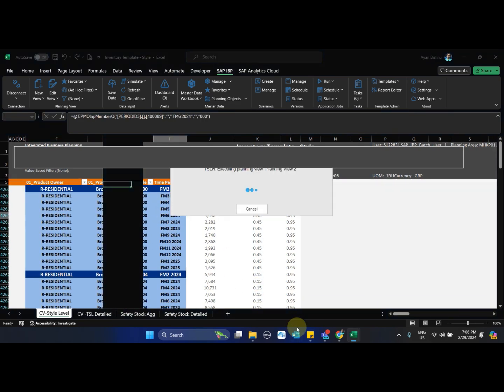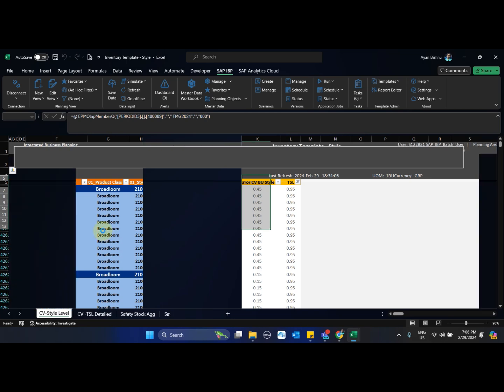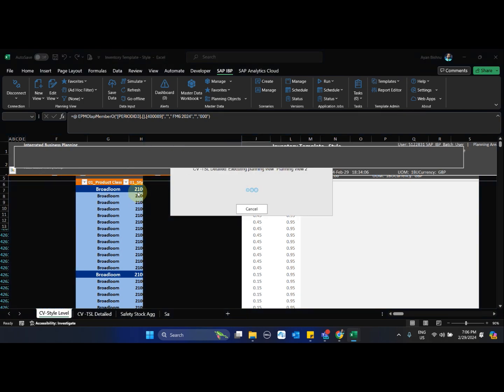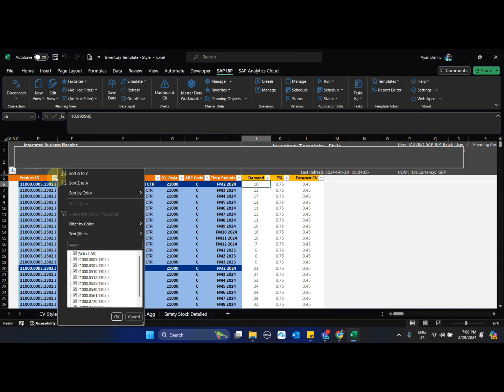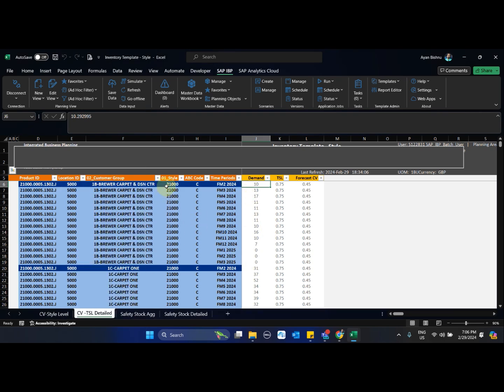If I go and look into the products that belong to this style ID, you will see all these products that belong to the style ID 21000 have all got the same forecast error CV of 0.45 populated.